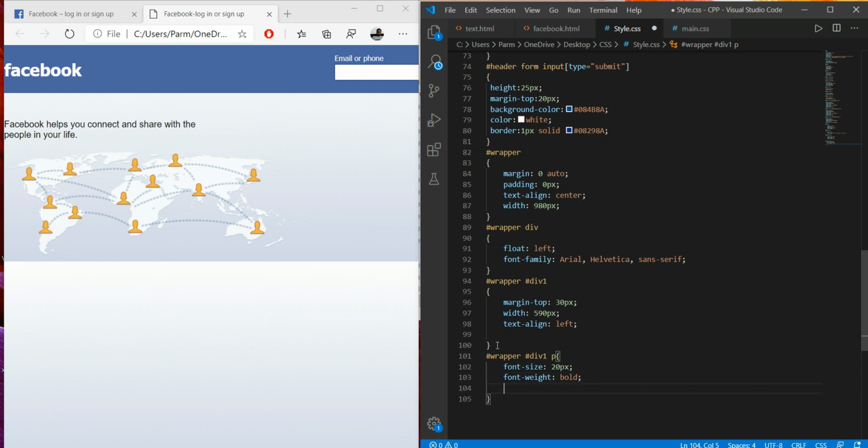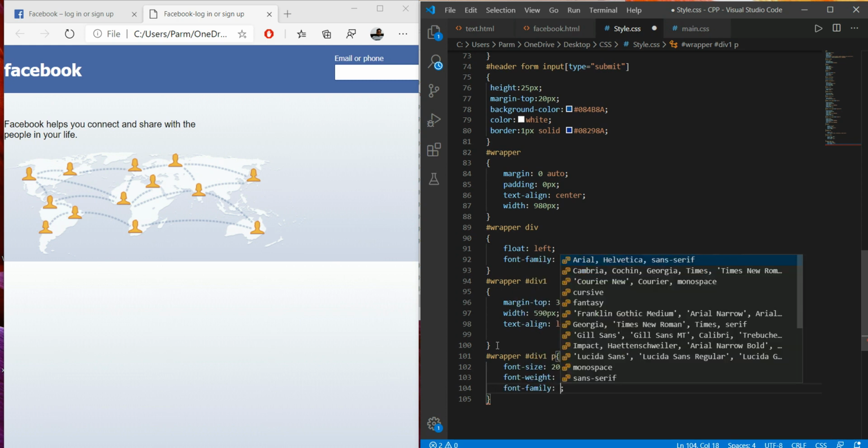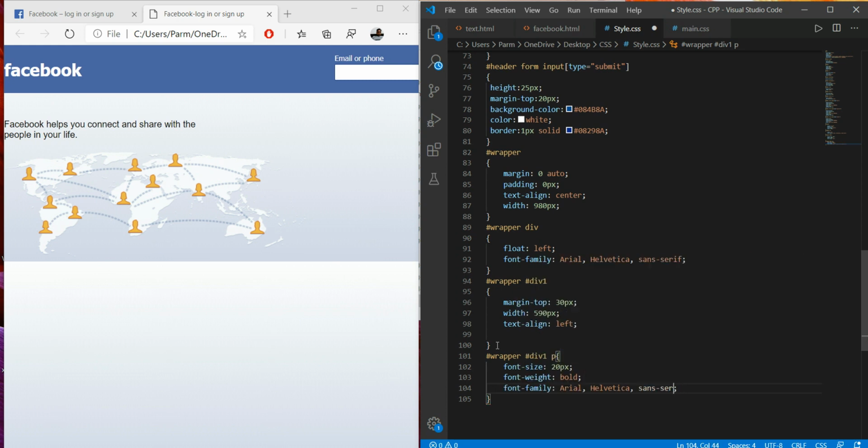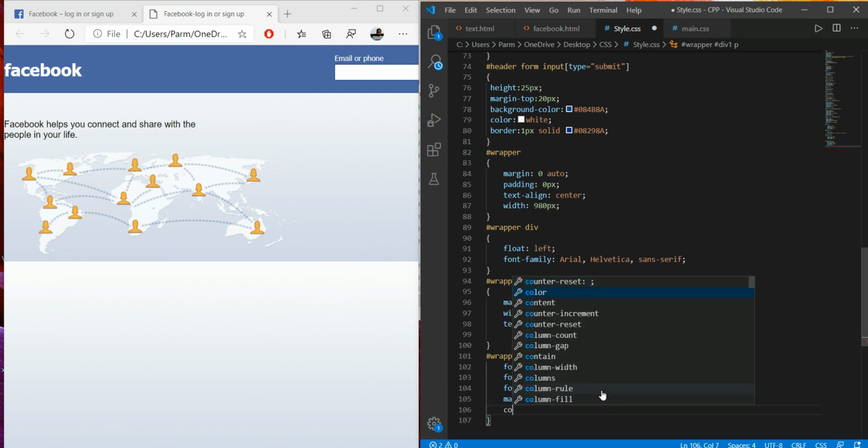And if I set font family, then I will take it, but I only wanted to apply Arial to this, okay, font Arial. And I don't want to give margin, so here I can set the margin to 0 pixel, and I have to set a color for this.